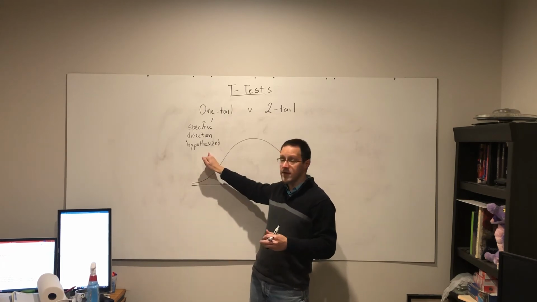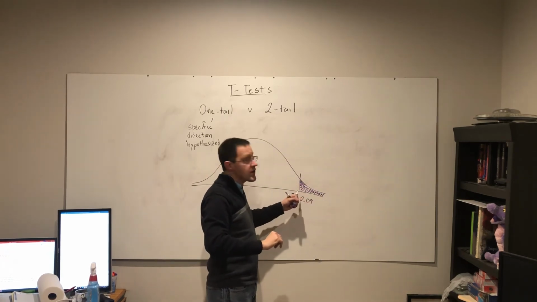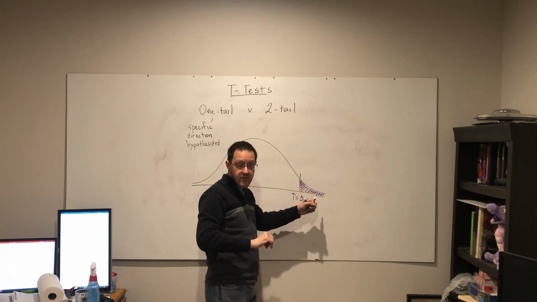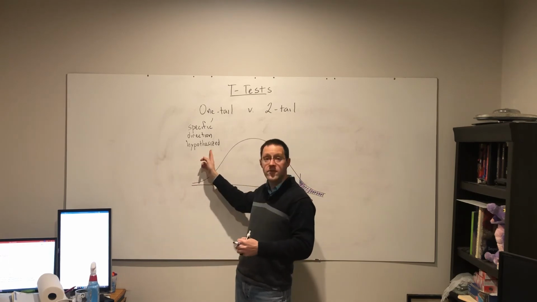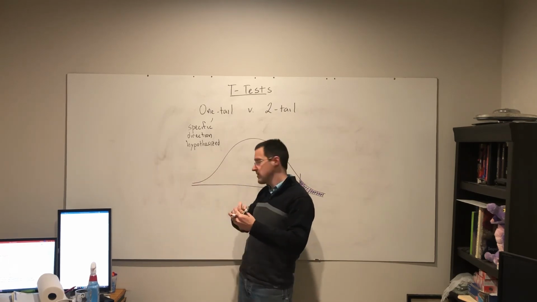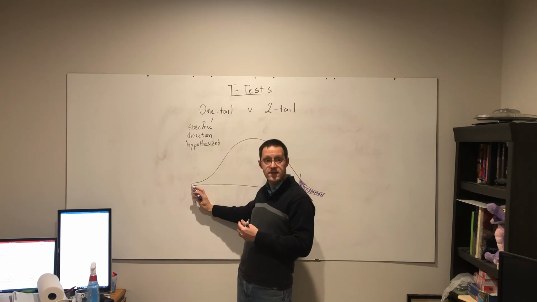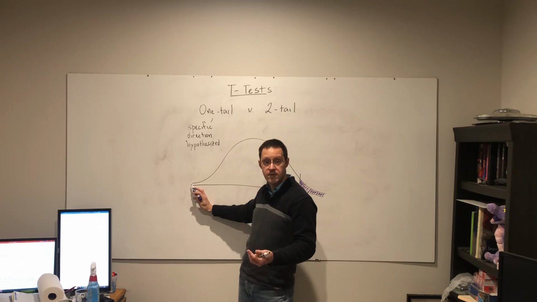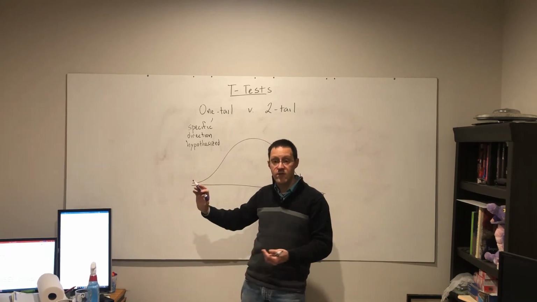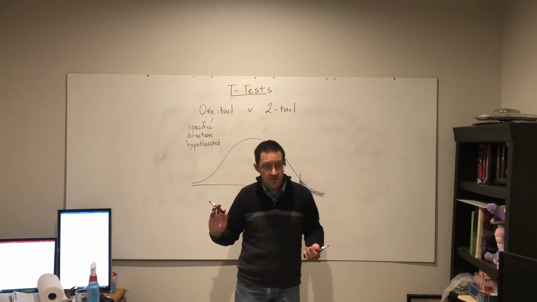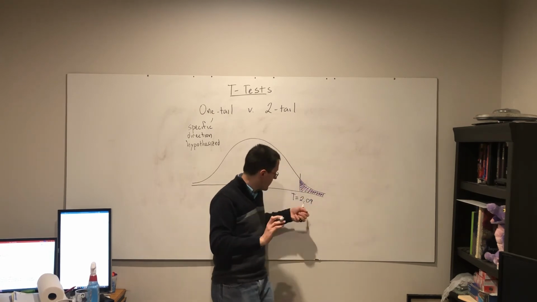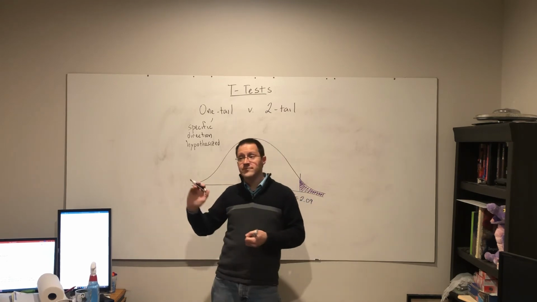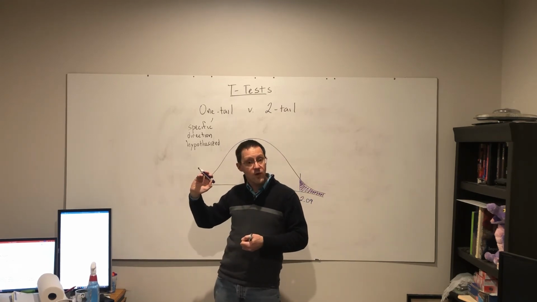Here, the one-tail test, I only have the area greater than the hypothesized value filled in. That means I am suspecting there is a direction to that relationship. If t happened to be -3, it would not show up here as noteworthy, even though it is actually further away from the expected value of 0 in that distribution than the 2.09 that I have here. In a one-tail test,